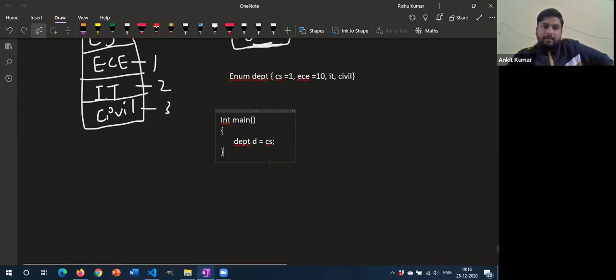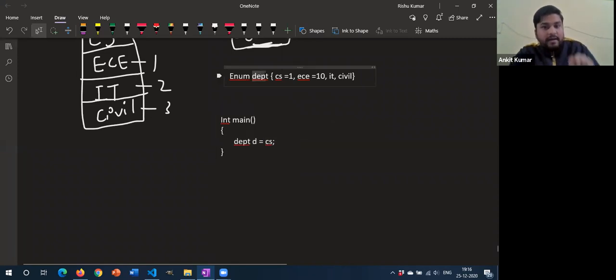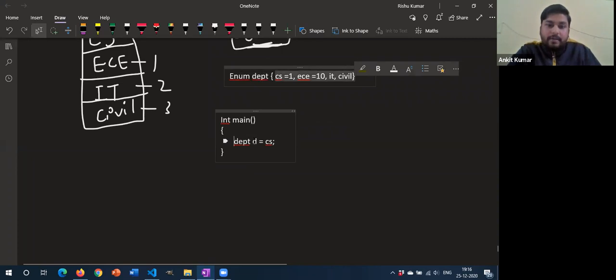So in this case, what is happening is now the data type DEPT has become a data type. Now I don't need to worry about giving it a string variable, or let's say int or something. Because cs is a string, I don't have any knowledge about string. So what I can do is make our own data type, which is DEPT, with the help of enum. And this DEPT is already having these values, and I can use them in our program. Now DEPT has become a user defined data type.